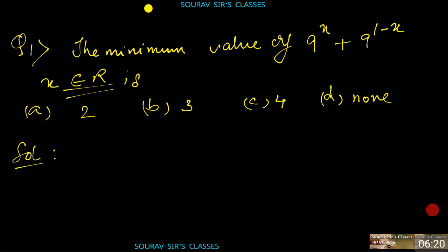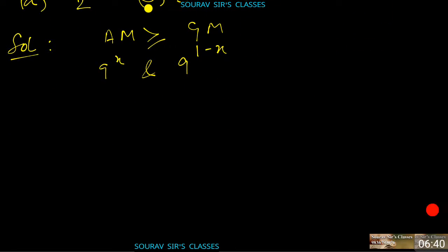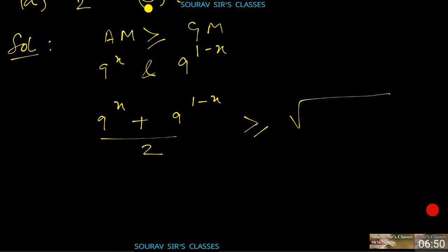Now, hope you understand the question. Now using the AM-GM inequality, as I said students, most of the inequalities can be solved through the AM-GM inequality. Let the two numbers be 9^x and 9^(1-x). Now using these two numbers in the inequality, we can write (9^x + 9^(1-x))/2 is greater than or equal to root over 9^x into 9^(1-x),